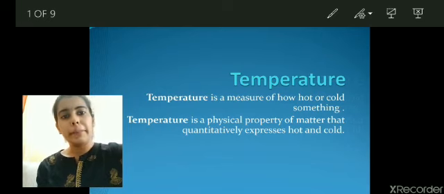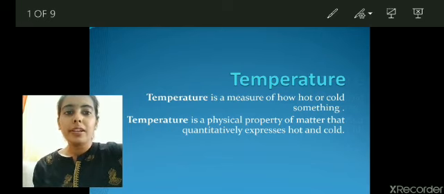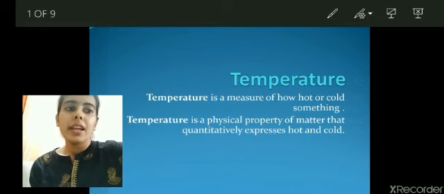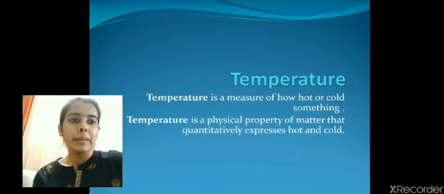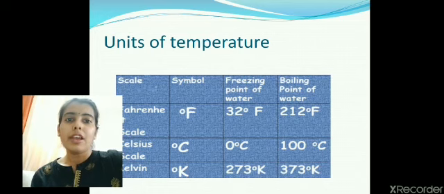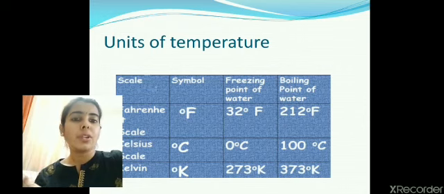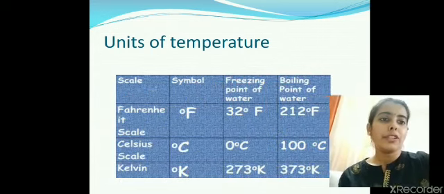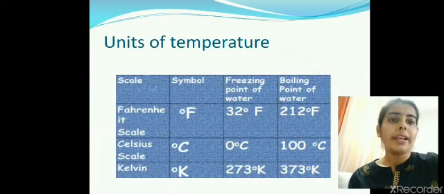Now to measure the temperature of a substance, we need a thermometer. Here comes the device for measuring temperature. Before proceeding with the device, we need to look at the units also. Like I told you, if you draw a line on paper and measure it with the scale, you will say it is 2 centimeters, 4 centimeters or millimeters. So this is the unit of length. Now what is the unit for temperature? There are different units for temperature: Fahrenheit, Celsius or Kelvin.